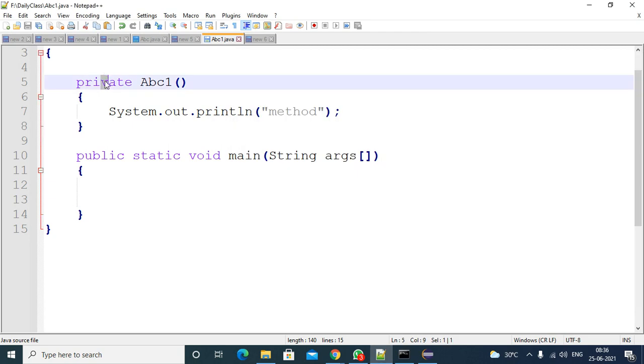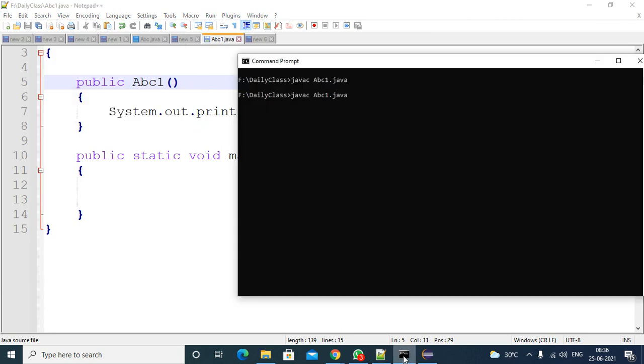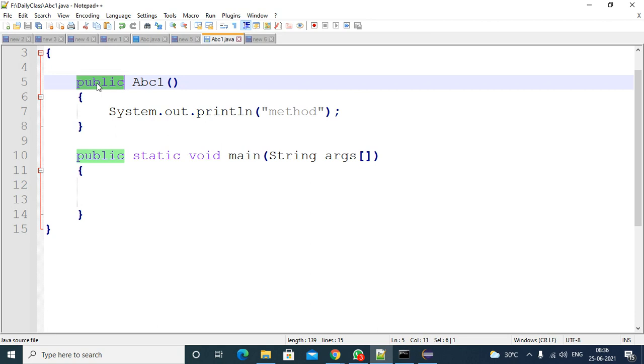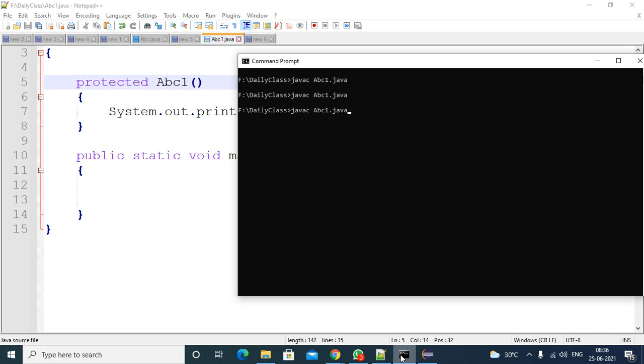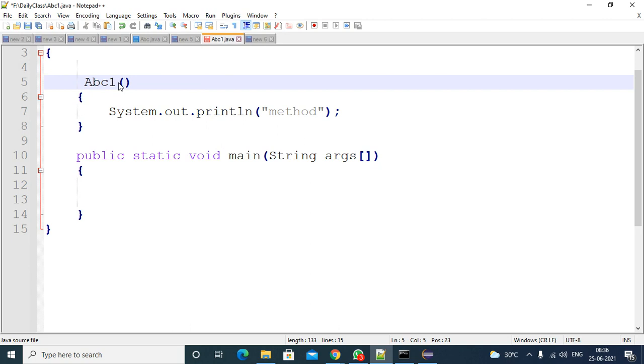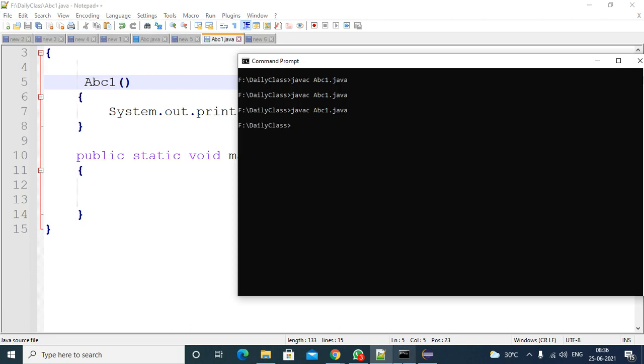Public is valid, we verified. Protected is valid, we verified, right? If nothing is there, that is default. So default is valid.